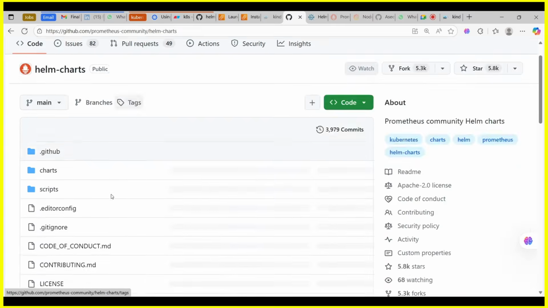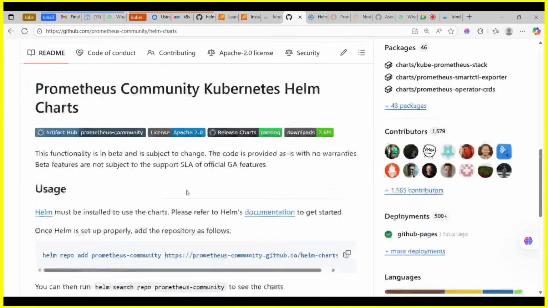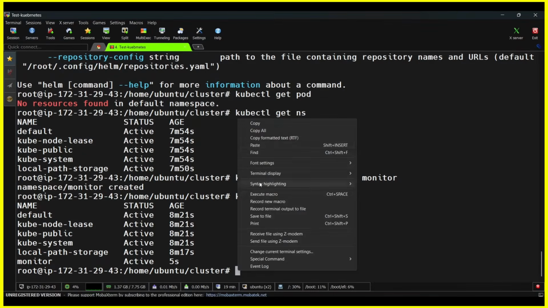Helm chart Prometheus community. It's stating that we should use this Helm repo, and in order to get this repo and install it on your virtual machine, on the Kubernetes cluster, basically. So what I'm going to do is use this command, helm repo add prometheus-community. This is the one, right? Okay, that's fine. So I'll be pasting it over here